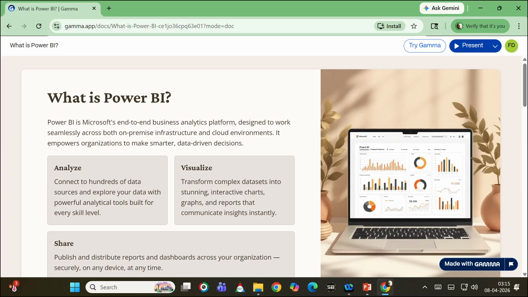Or you can use Power BI for analyzing huge amounts of data stored in different cloud-based servers. So in both modes, you can use Power BI. What is the main purpose of Power BI? It is to analyze, visualize, and not only analyze and visualize, but also share the data.